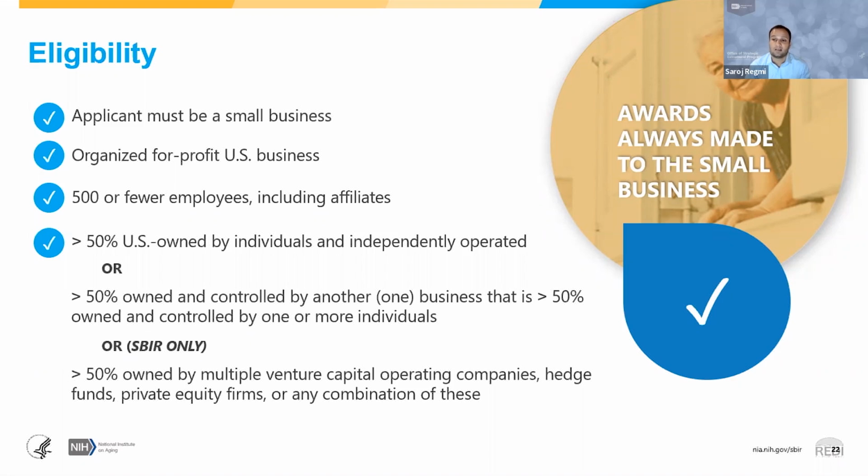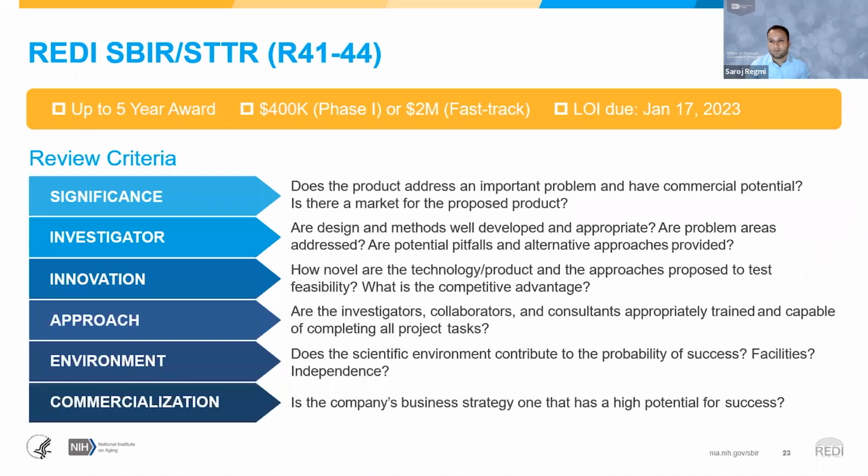individuals and independently operated. So the REDI SBIR STTR can be up to a 5-year award depending on what phase you take. Phase 1 is for early prototype development, and fast track is wherein you combine a phase 1 and a phase 2. So we allow either a phase 1 or a fast track. And we allow $400,000 if it's a phase 1 application, or up to $2 million if it's a fast